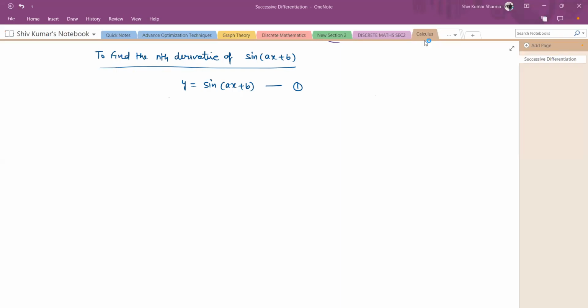Today we will discuss the nth derivative of trigonometrical functions. In trigonometrical functions, we take sine(ax+b) and cos(ax+b). Okay, so y is equal to sin(ax+b). So we differentiate